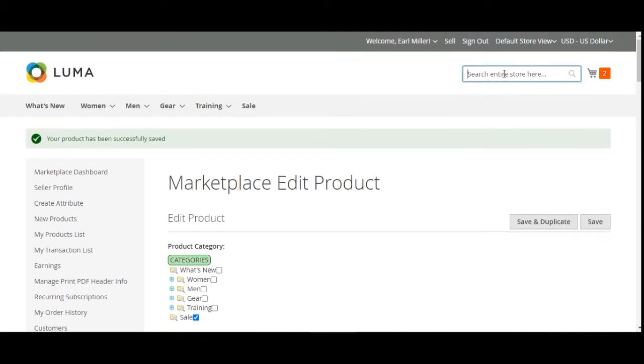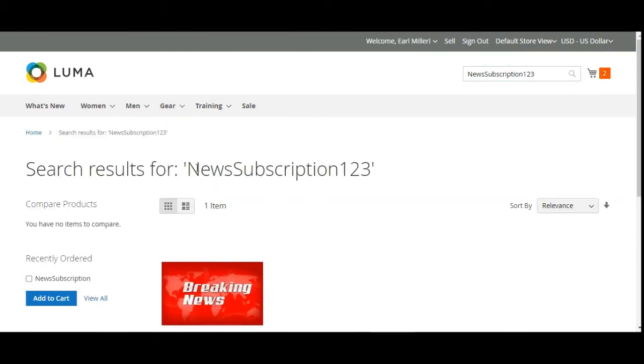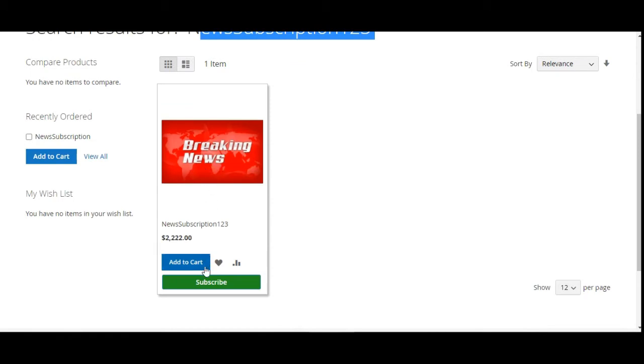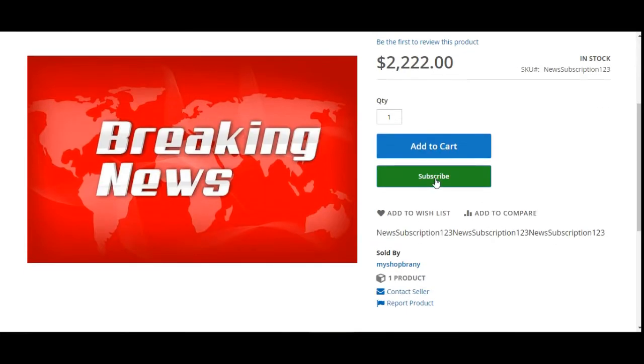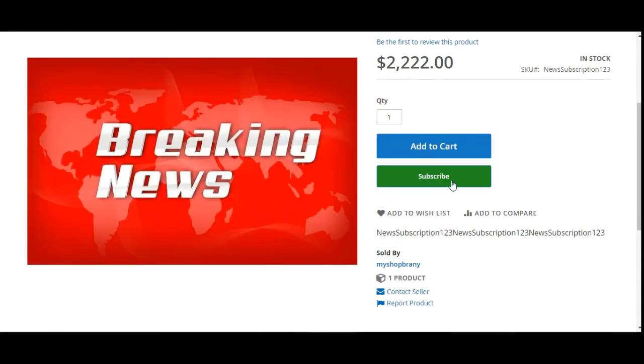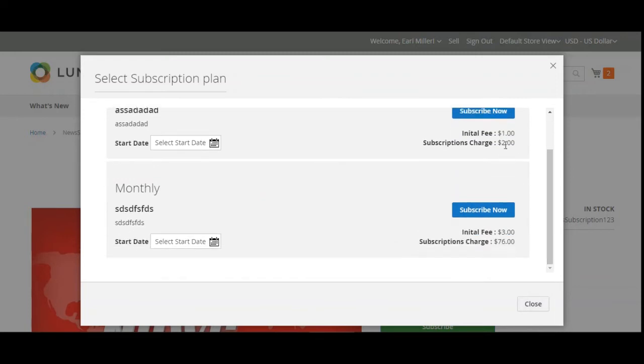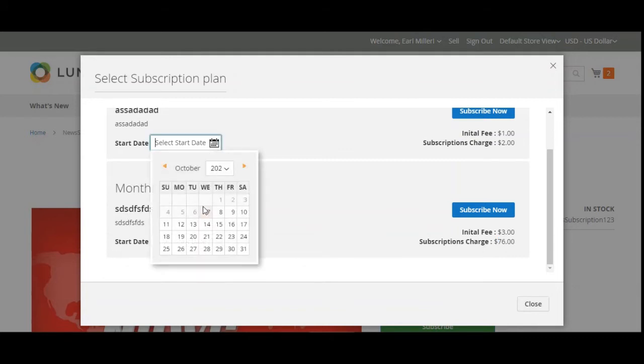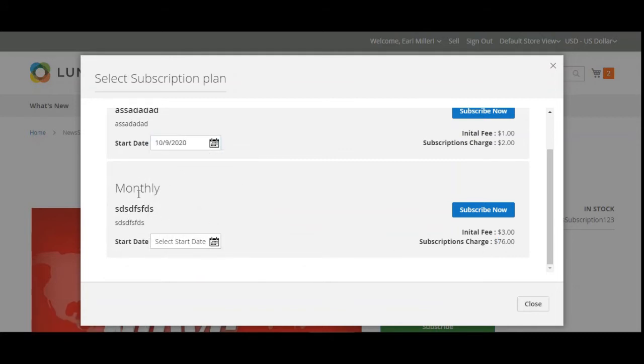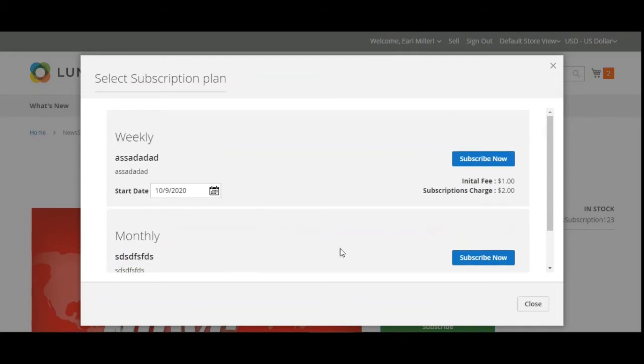So let's now check this product at the storefront. So this is the vendor's product now. Here we have the subscribe button. It will take us to the product page. Subscribe. I've chosen the weekly and the monthly one for the subscription, $1, $2. Initial and the subscription, 3 and 76. We can choose a start date for the subscription. This is the monthly, this is the title, this is the description for that,